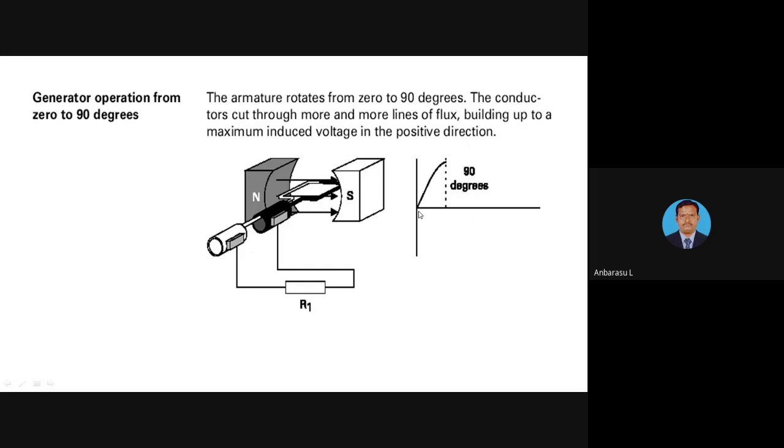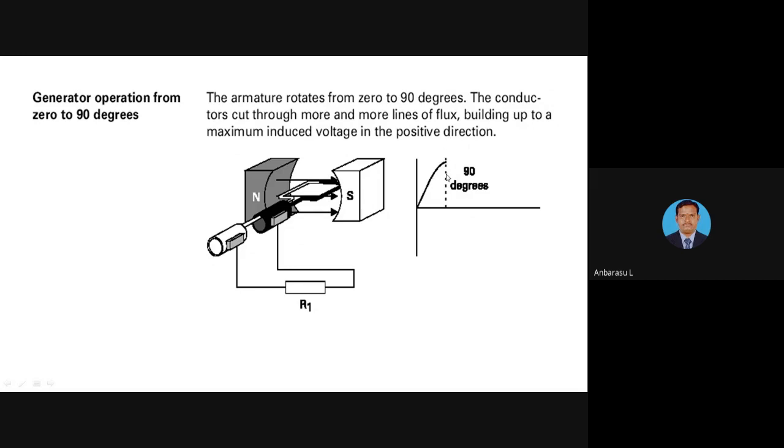We can note only the black color conductor. Here the induced EMF is increasing from 0 degree to maximum flux. At exactly 90 degree, the black color conductor is nearby the south pole, and the maximum EMF is induced in that conductor. So the 0 degree to 90 degree movement, one quarter cycle of the rotation, will induce the maximum induced EMF.